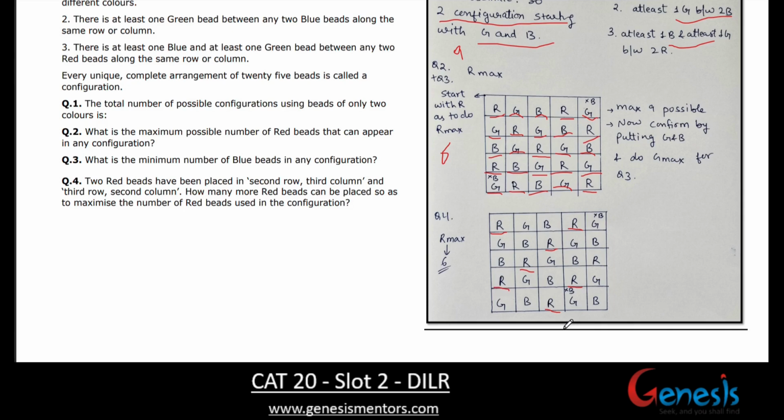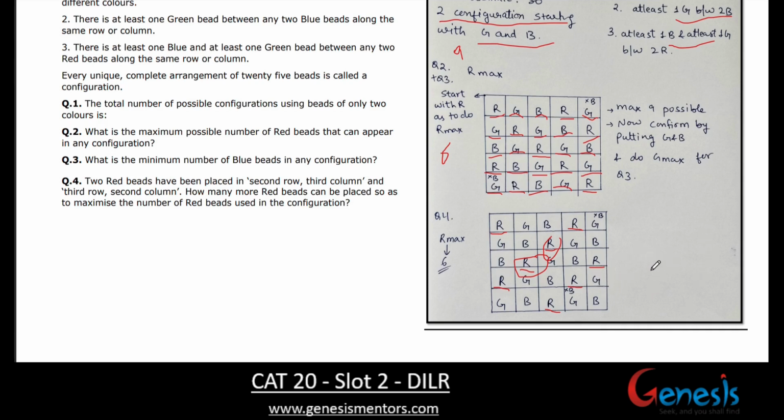Now we'll check whether any other R is possible or not. If this is R, this R can be possible here. So how many are there till now? We have two that were already there, these two, this and this. The rest we put. How many? 1, 2, 3, 4, 5, 6. Okay, so maximum 6 is possible, but we need to again make a valid configuration and check whether 6 is possible or not.